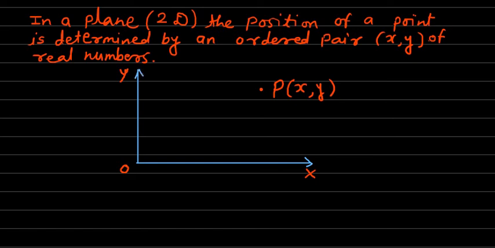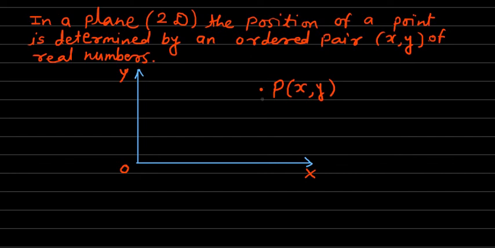Okay, so let P be any point in the plane, means in two dimensions. Suppose its coordinates are (x, y). Then obviously we know what x and y represent here. x is the x coordinate, and y we call the y coordinate of the point P. But what do the x and y coordinates of the point P actually mean to us?